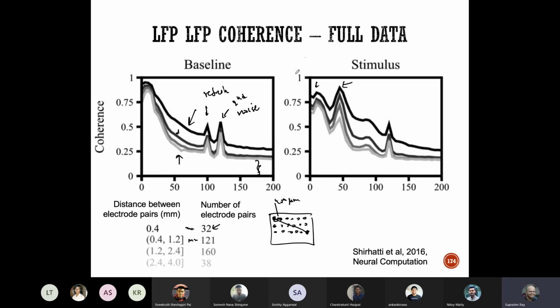Okay, and this is maintained even when the electrodes are far apart, although the absolute value falls, which means that if your electrode pairs are farther apart from each other, the gamma rhythms are not always consistent. In some trials they will be like that, in others they will be somewhat off phase. So this would be a vector in this direction, that would be a vector in that direction. There is going to be more cancellation, as opposed to a case where they are close to each other, in which case they are always very close to each other.